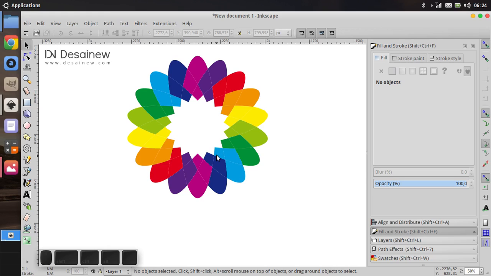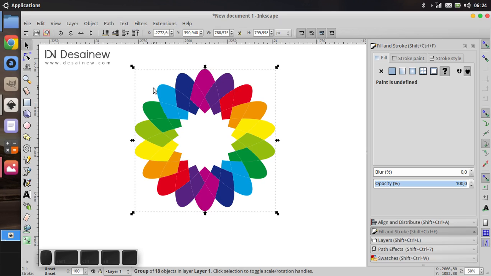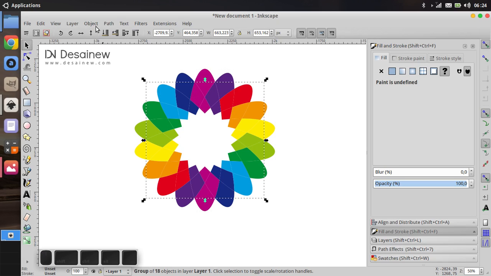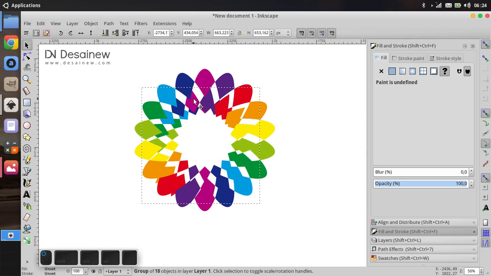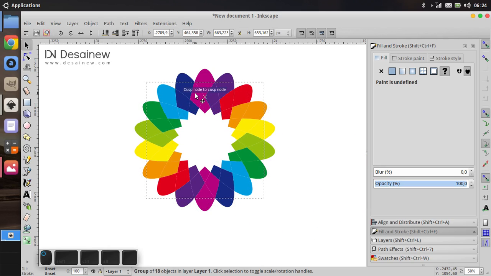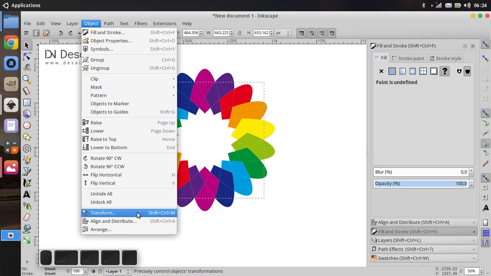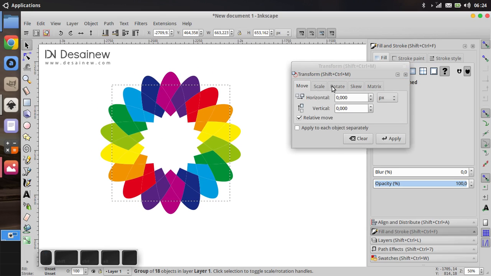And then we will play with the group objects, and choose Object, Transform, and choose Rotate, and for angle it is -20 degrees, and you can click Apply like this.